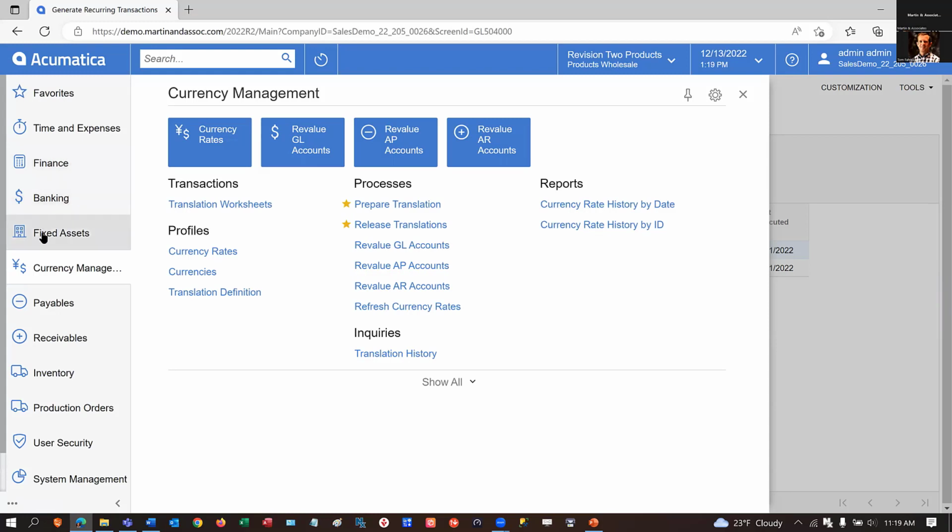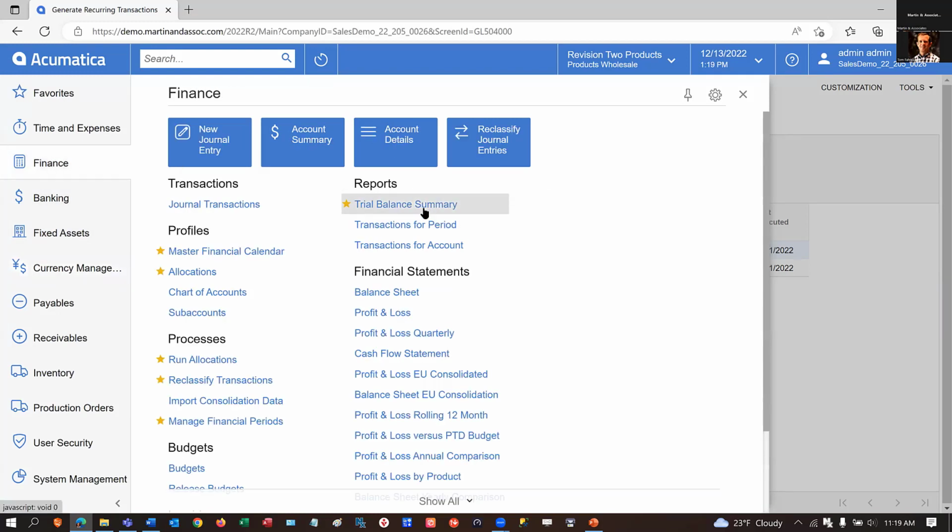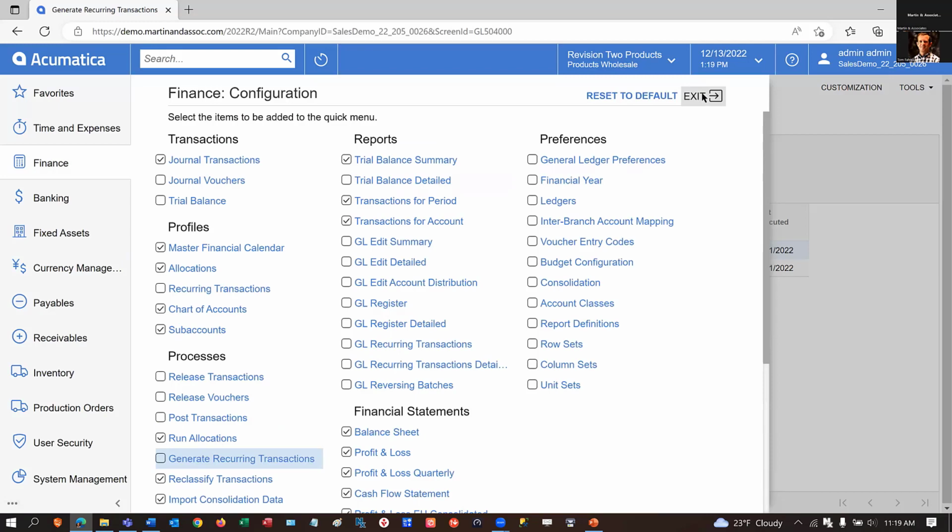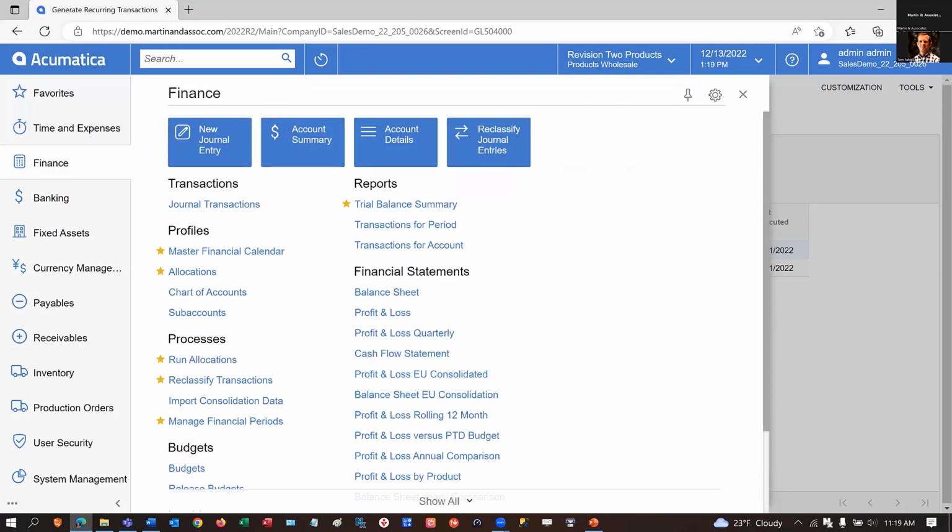Last would be taking a peek at the trial balance, either in summary or detailed mode. All right. So now let's get into